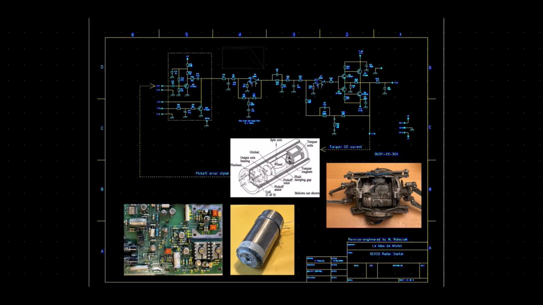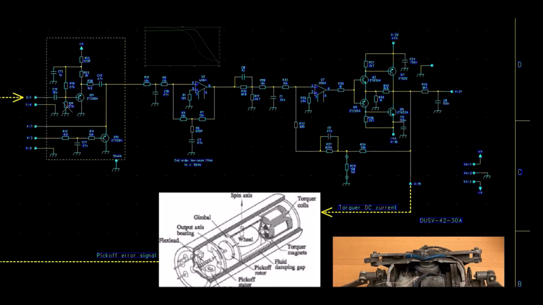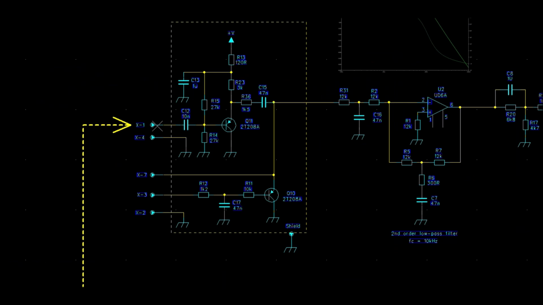The first circuit is the amplifier we can see on the screen. The input is here. The input is an AC voltage, and the signal is fed to this voltage follower made with the Q11 here. The output is fed to this transistor Q10. You can think that it is a voltage follower, but it is not the case. You can see that there is no bias on the emitter. Actually, this transistor is used as a chopper.